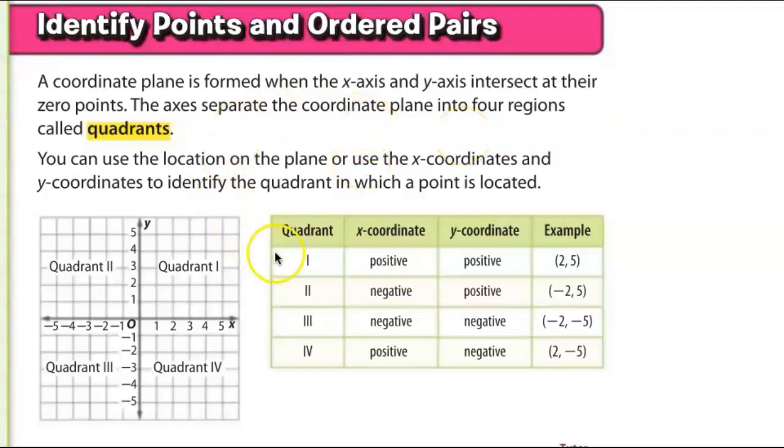This is the notes video for Chapter 1, Lesson 7, and you need to be on page 86. The first thing we're going to practice is identifying points and ordered pairs. We have already worked a little bit with graphing ordered pairs, but we've only done quadrant 1, which are all